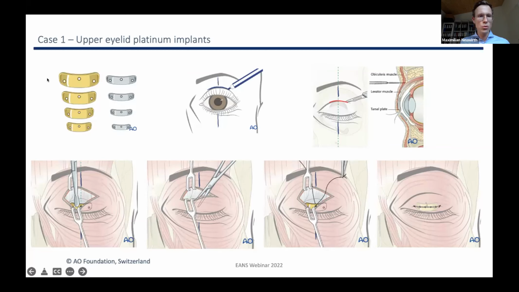So I do just a simple platinum implant on the upper lid, which I use the supratarsal fold as a skin incision, and then create a suborbital pocket and position the implant over the tarsus. And then I fix it with some slow resorbable sutures, and that's it, and I close the pocket and